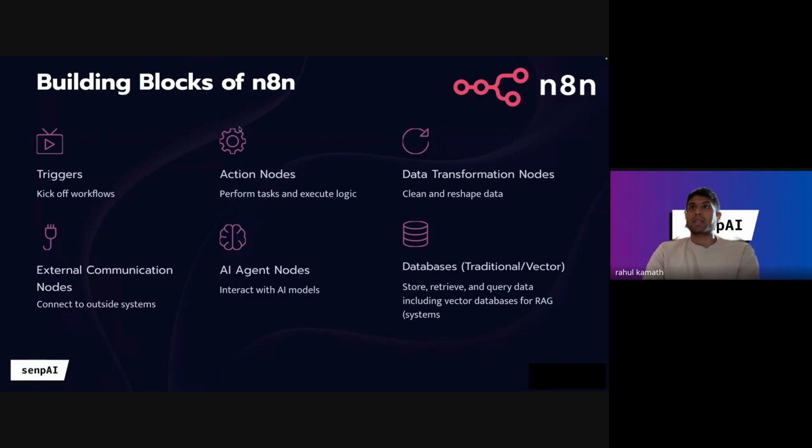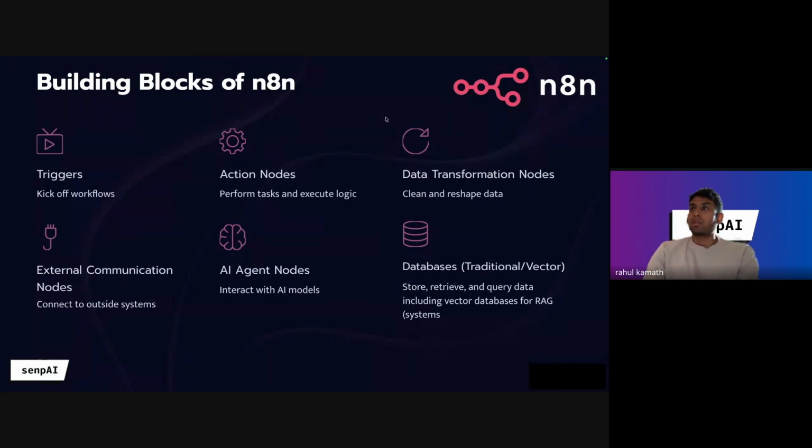Then the second one is action nodes. These are nodes which perform certain actions like updating Google Sheets, fetching the weather report, sending a WhatsApp message, triggering a call to a user, or updating a database. Any kind of action can be done by an action node.